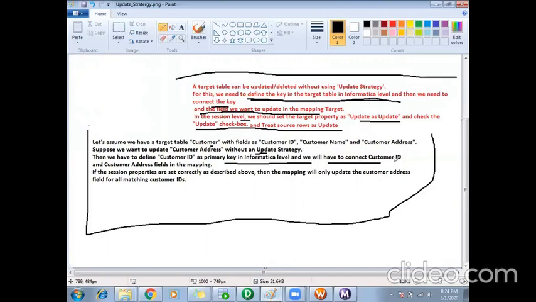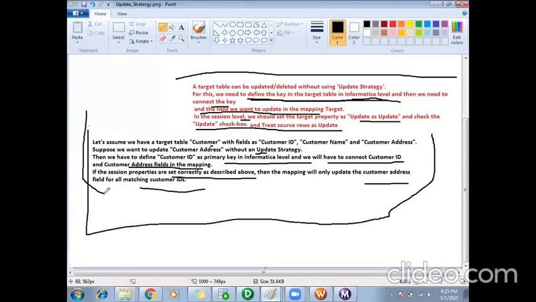Then we connect the customer ID and the customer address fields in the mapping from source to target. Then in the session properties set as described above, that is, treat source rows as update, and in the target you enable update as update. Then the customer address will be updated. For all matching customer IDs, it will update the customer address.